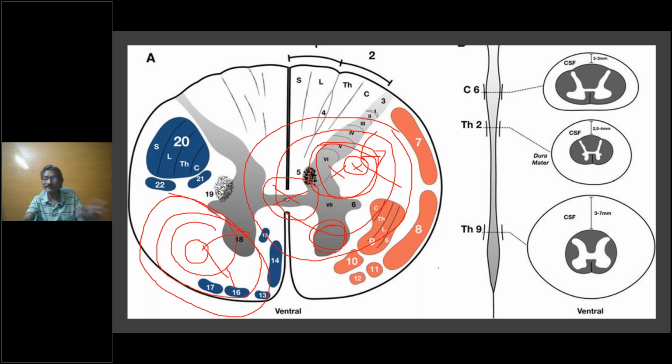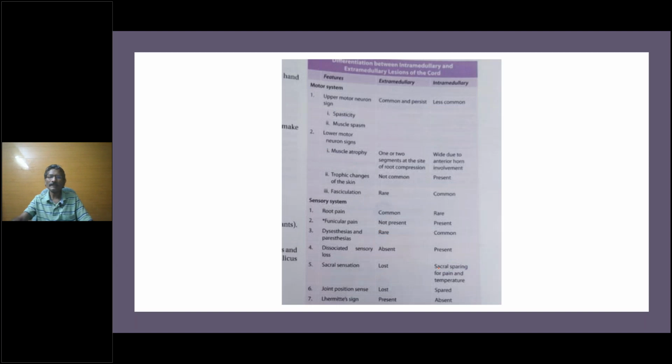This is why history is important in intramedullary lesions. What is the initial onset? What is the next? What is the next? You can actually guess the location of the lesion and give the appropriate diagnosis also. So please remember that. Don't generalize intramedullary and extramedullary as a rule; intramedullary depends on the lesion. For extramedullary, you just remember mainly the vertebral pathology, or you can combine the disc with the vertebral pathology.